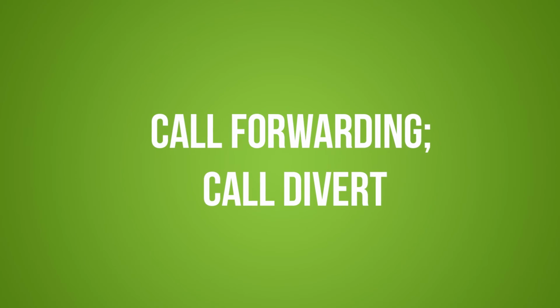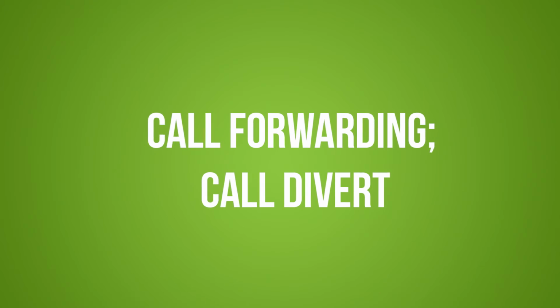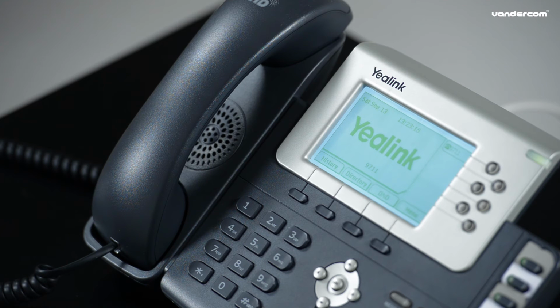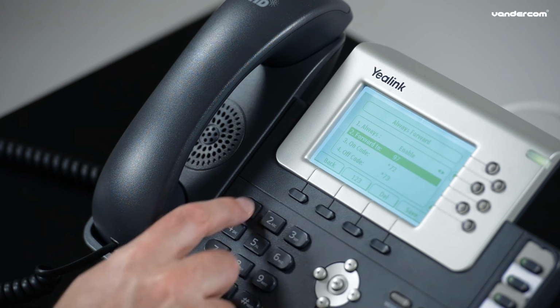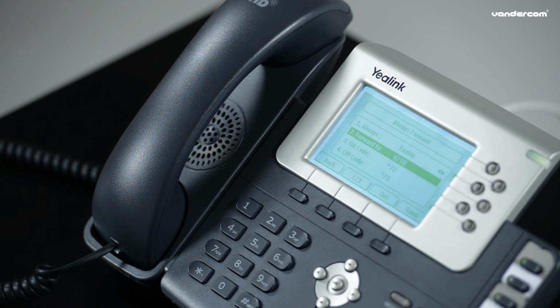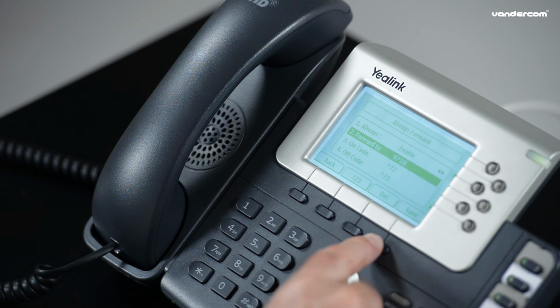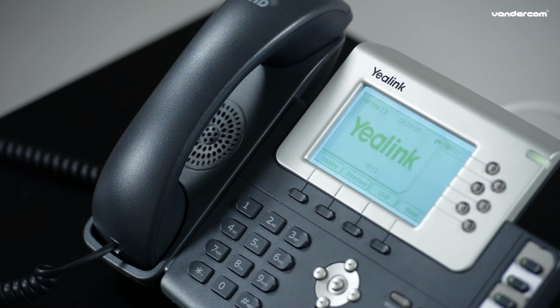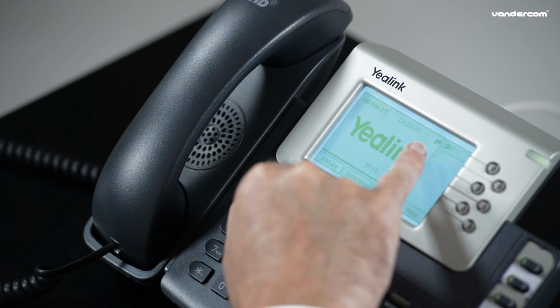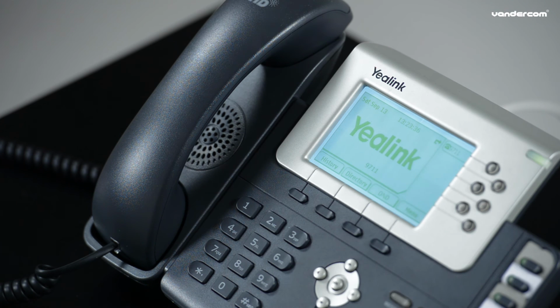Call forward. Call divert. To program a number to forward calls to, press the dedicated transfer key. Enter the destination number, which may be your mobile or a colleague. Press Save or OK to activate. Exit to the main screen, and in the top of the screen you will see an arrow indicating that calls